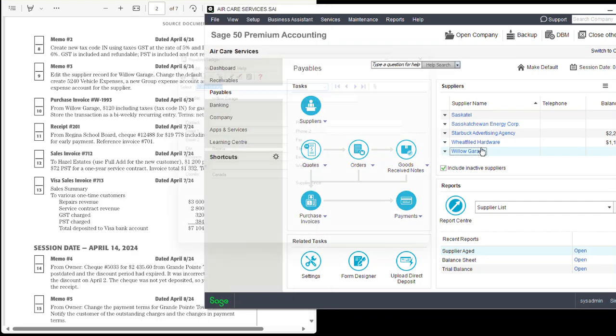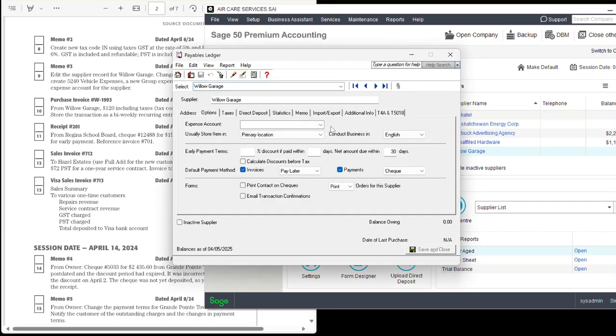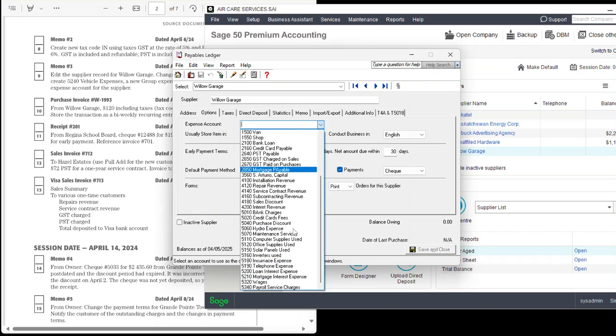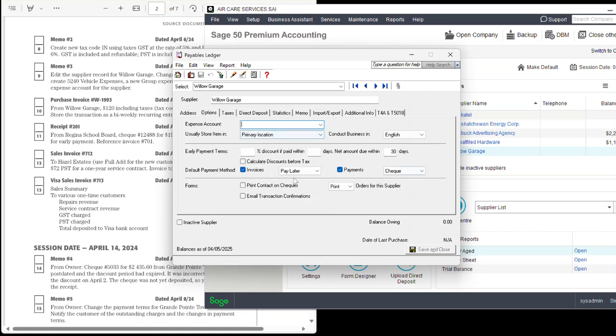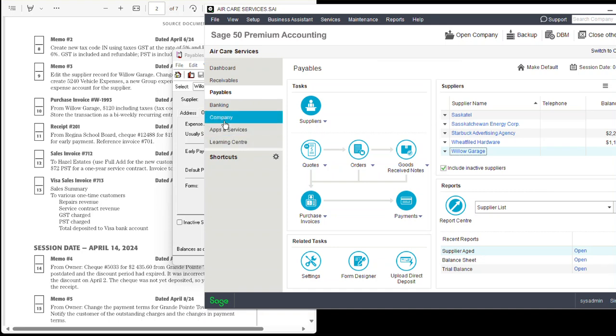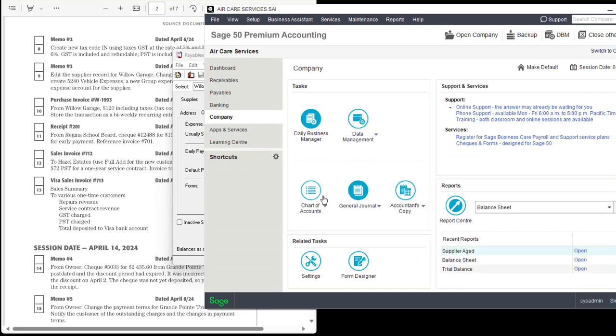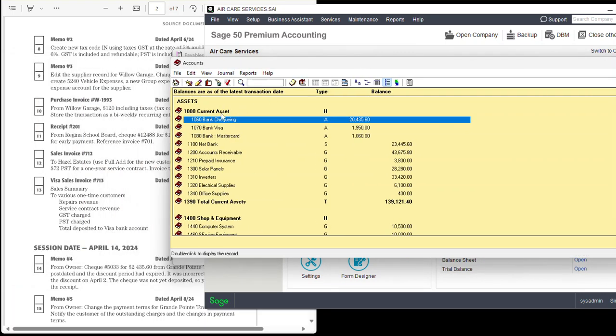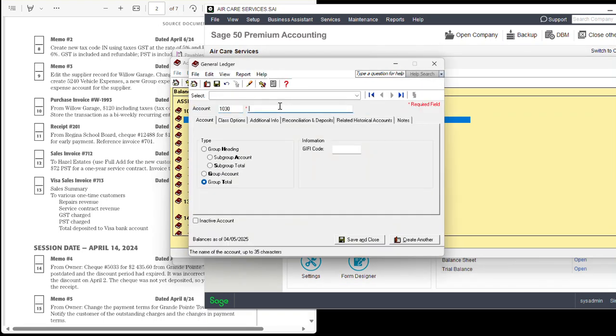So let's go here and the option and the account will be what was the vehicle expense? Do we have it? We might have to create it if it's not there. No, we do not have it. So what we're going to do is create it. We are going to go to company, chart of accounts, and the number here was 5240. So I'm going to say file, create 5240,